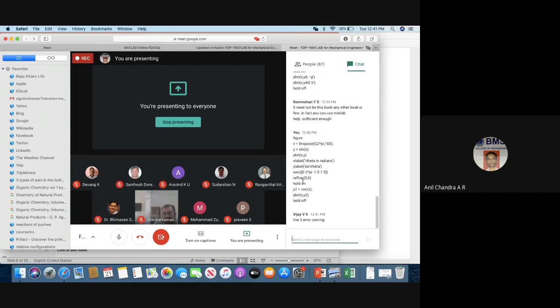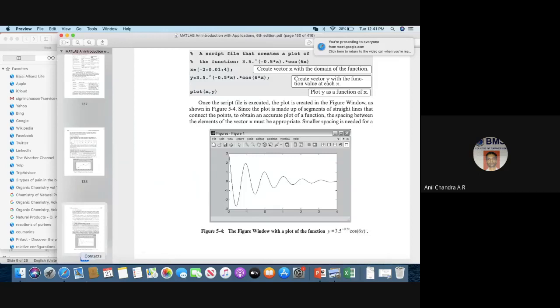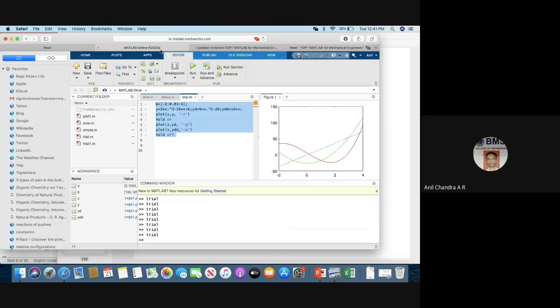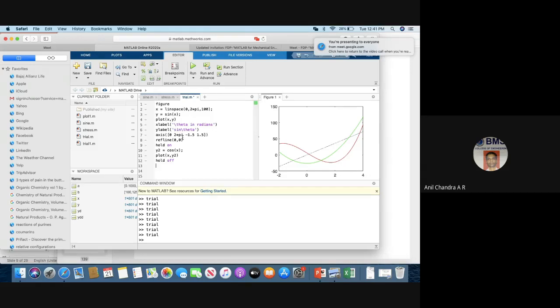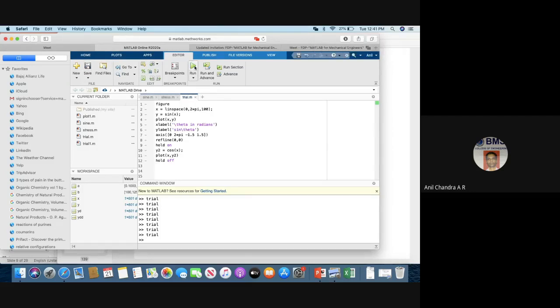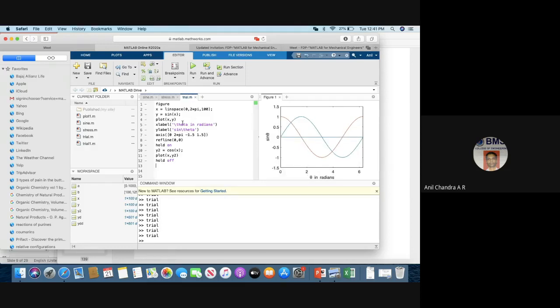See how line 3 error. Okay, let's see. Yeah, so there's no error for me, but what must have happened for you is this one potential, and the other potential error is the use of the sine command.